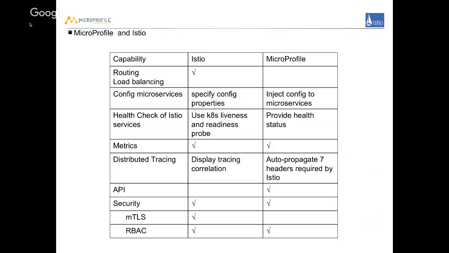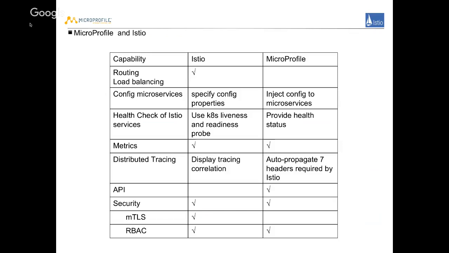And MicroProfile came up with some really nice and easy APIs. It can directly inject the configs specified in the config map into the microservice. And the health check. Obviously, in the service mesh, you want to know when one microservice is not well, and then the infrastructure can go ahead to destroy it and then create a new instance.